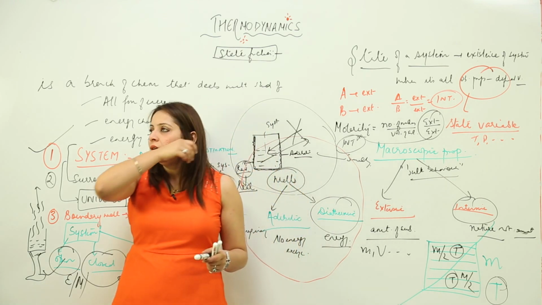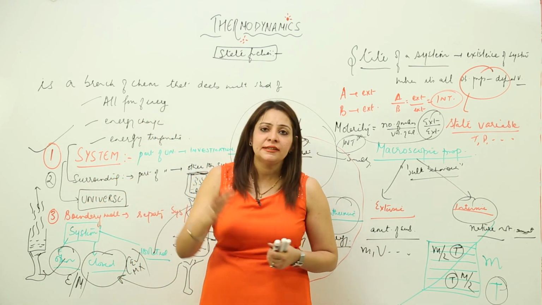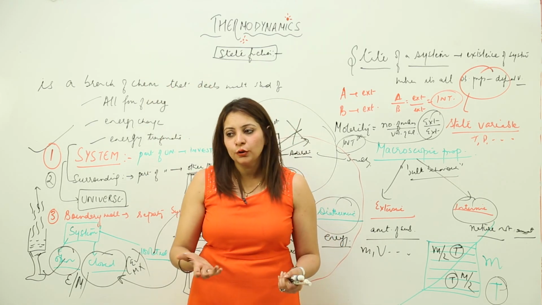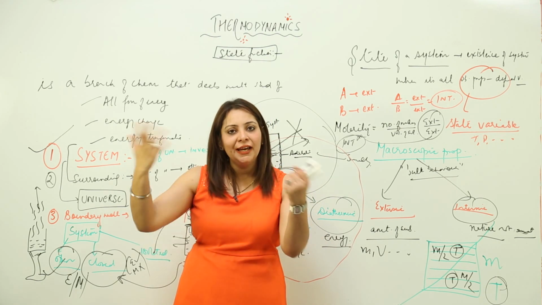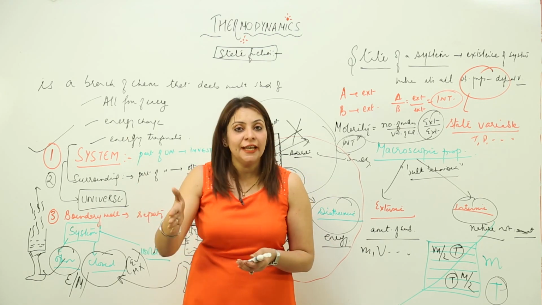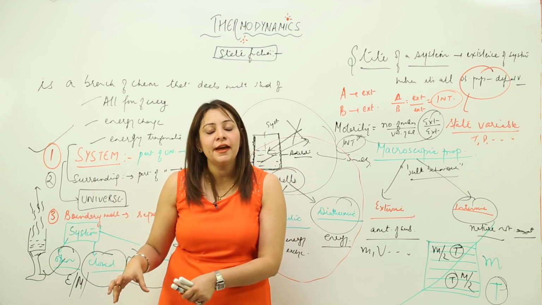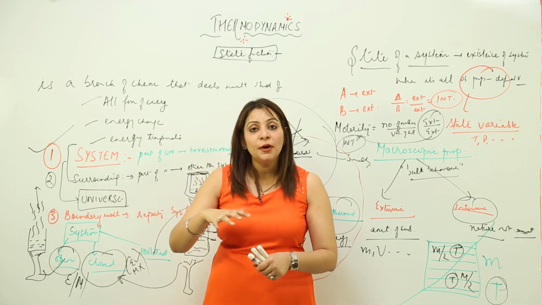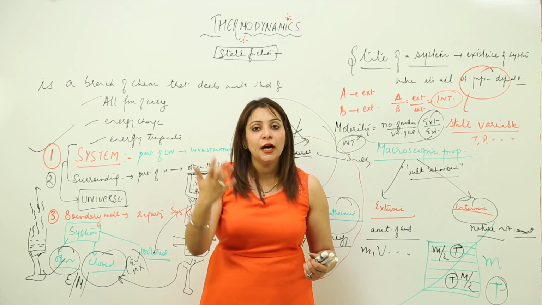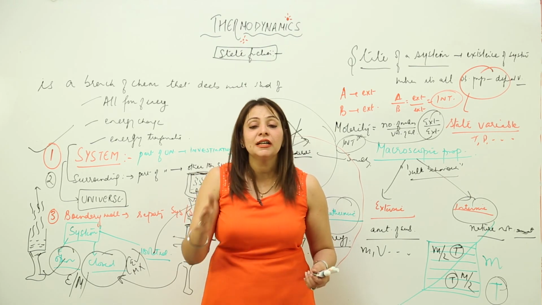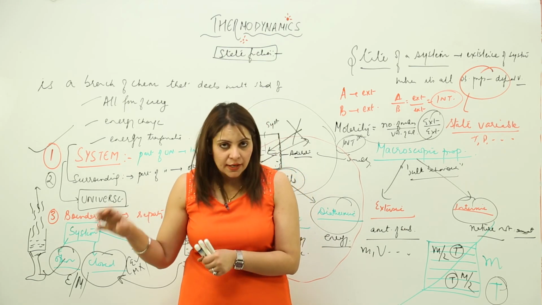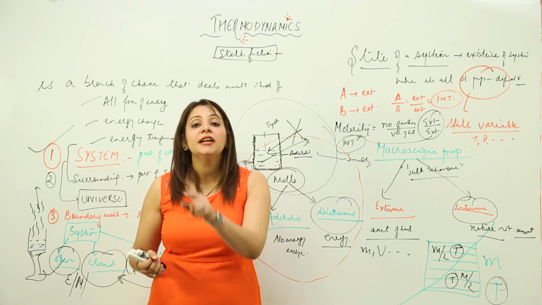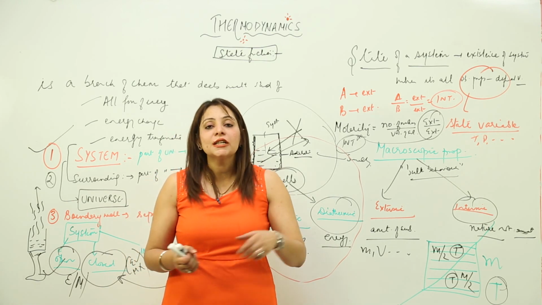For example, if I say I just want to climb stairs, I want to reach the 10th stair, right? Whether I go by foot or fly and go, I just want to reach the 10th stair, and once I am there, I am not concerned with what facility I came up with, whether I walked up or ran. The concern is that I have reached the 10th stair, right? So those properties which depend upon the initial and final state and are independent of how that state is achieved are called state functions.